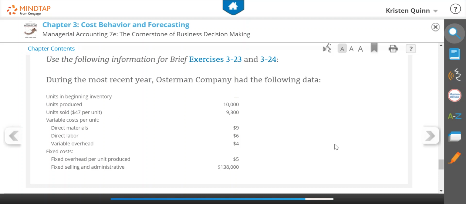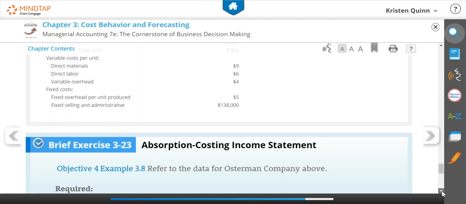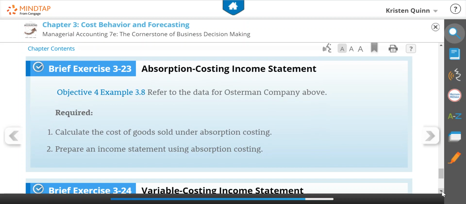So they had no units in beginning inventory. They produced 10,000 units. They sold 9,300 units for $47 per unit. Their variable costs included direct materials, direct labor, and variable overhead. And their fixed costs included our fixed overhead per unit and our fixed selling and administrative expenses. So they ask us to, again, calculate the cost of goods sold under absorption costing and prepare an income statement